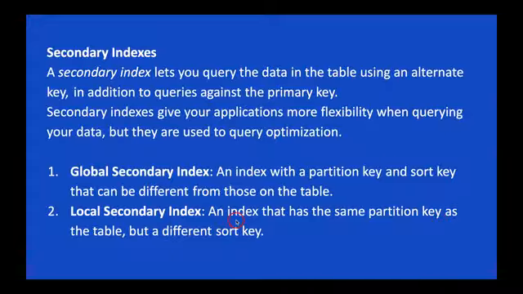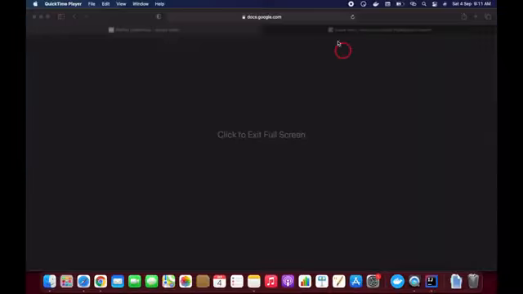So we are going to make use of the same partition key which is already available in the table, but we are going to use a different sorting key in the local secondary index. Okay, if you go and see